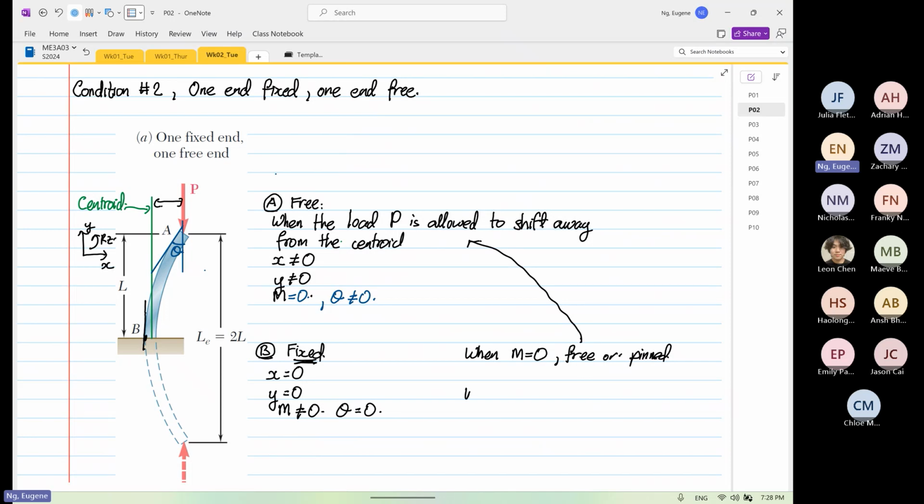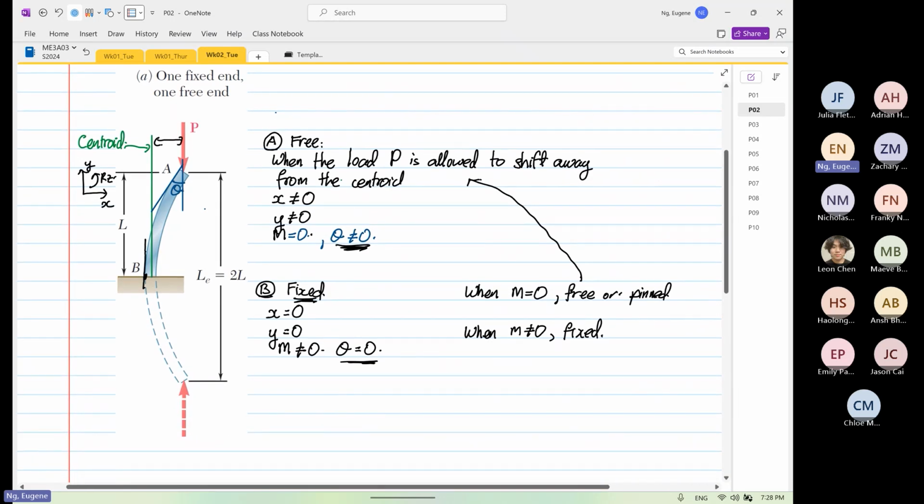So when M is not equal to 0, its value is usually fixed. Whether it is fixed, or whether M is equal to 0 or not, if you can't visualize it, look at the slope. It will tell you. Now, how does this affect us? So when that's the case,